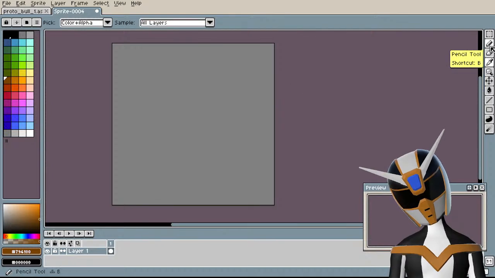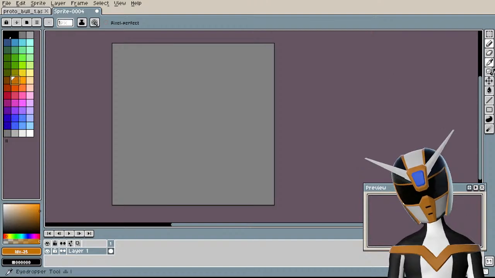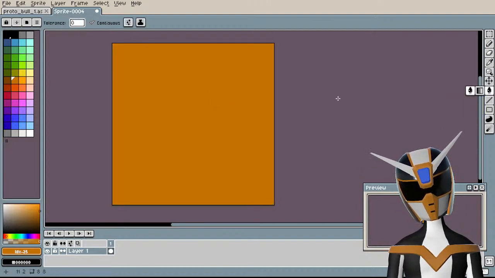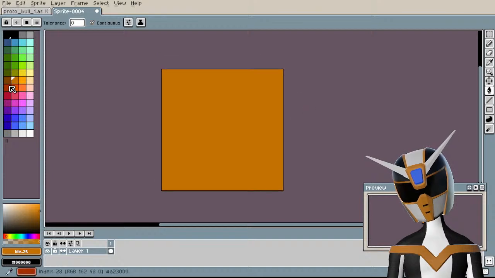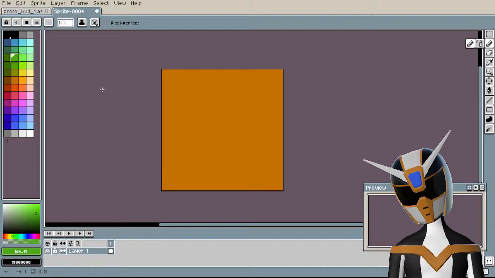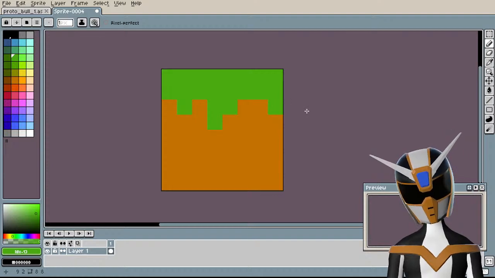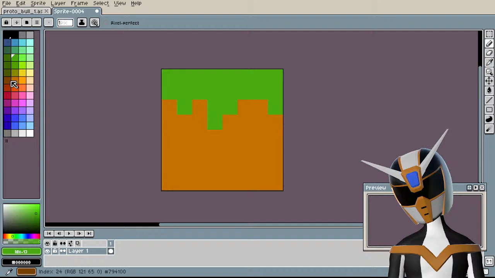Platform is just gonna be... I guess I'll make it ground colored. Make it look kinda like ground, at least. And add some grass on top. Is that too bright, I wonder? Might be too bright. But I don't want to make it the same color as the bull.